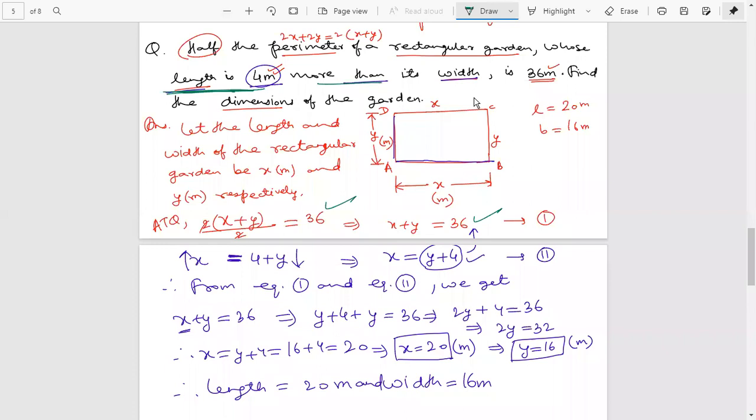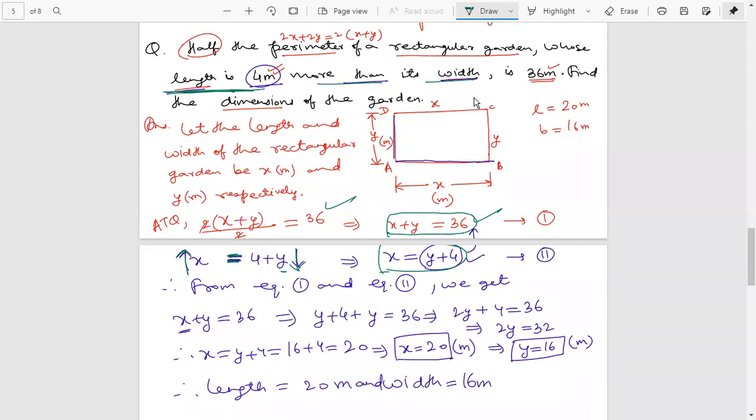The second equation we get from here. Length is 4 meter more than the width. So length is x. Definitely length is more than width. How much more? 4. So write x and y. And x is more, so arrow up. Width is smaller, so arrow down. So we will equate, it means both are equal. When the smaller side is added, or the larger side is subtracted. So we have added to the small one, y is smaller. So we will add 4 here to make both of them equal. So these are the two equations, x plus y equals 36 and x equal to y plus 4. Simply use the substitution method to find the values of x and y.